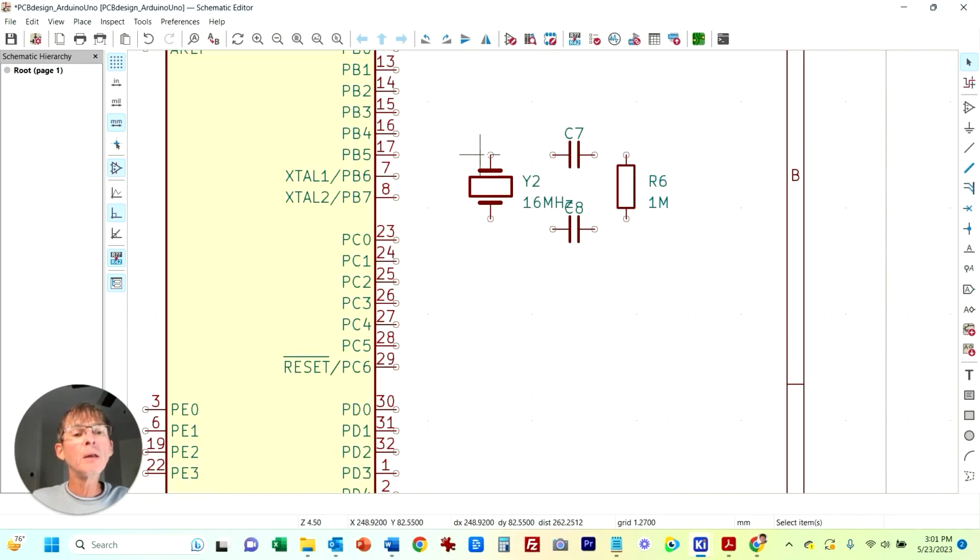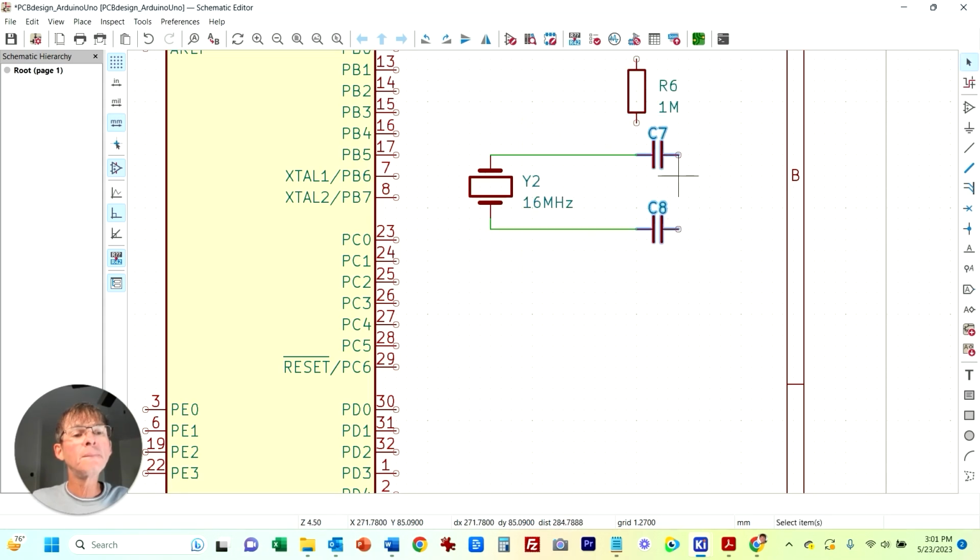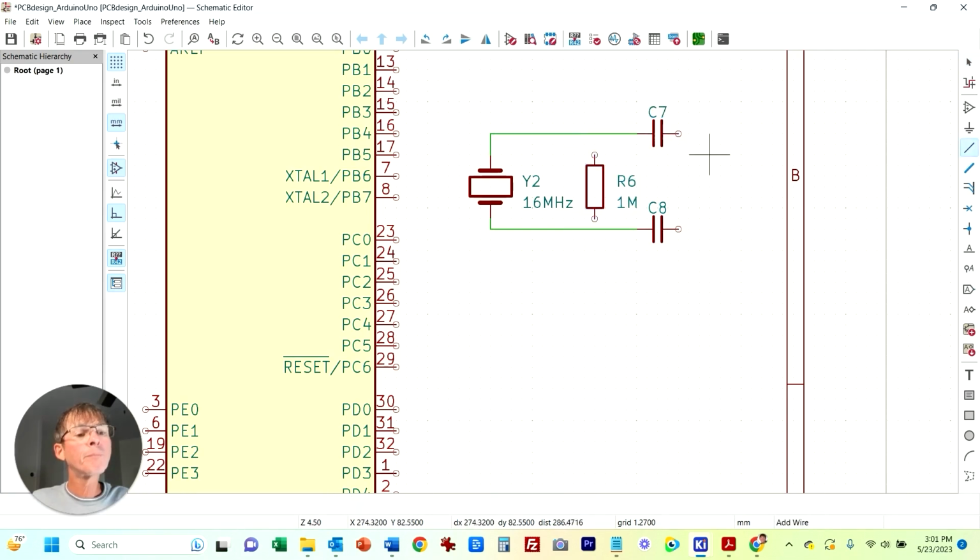So let me go here. Oops, I did not want to connect in there. I just wanted to make some room here. Okay, there we go. So we have our other crystal, and we'll